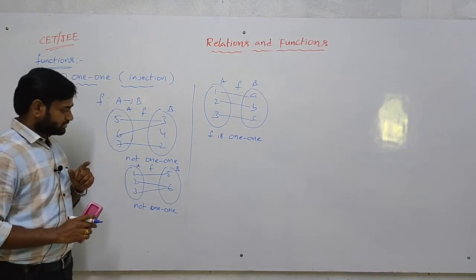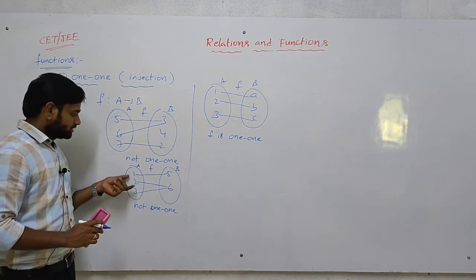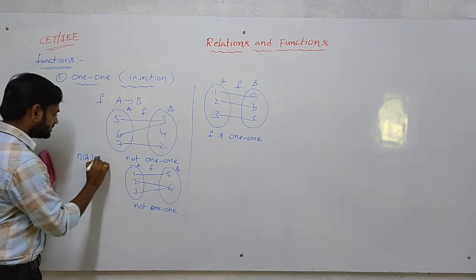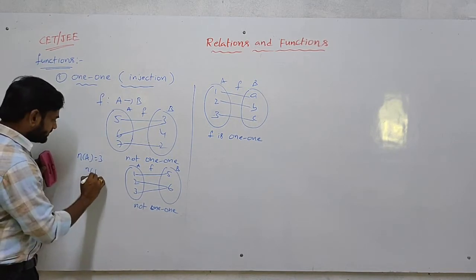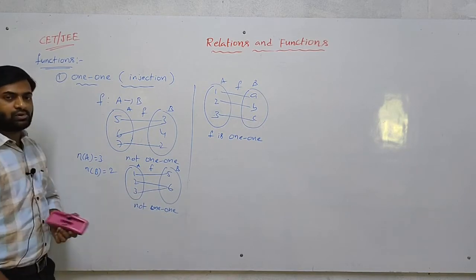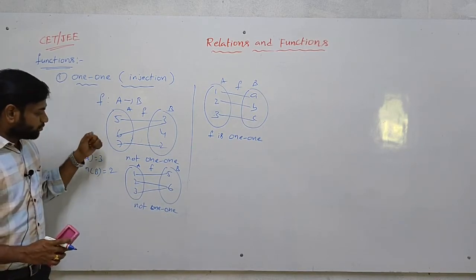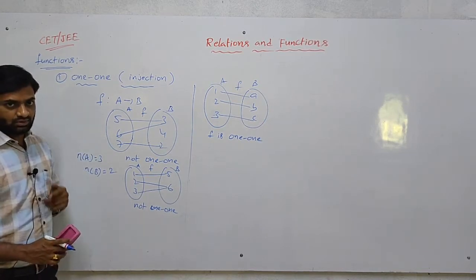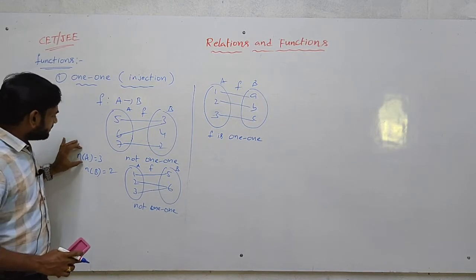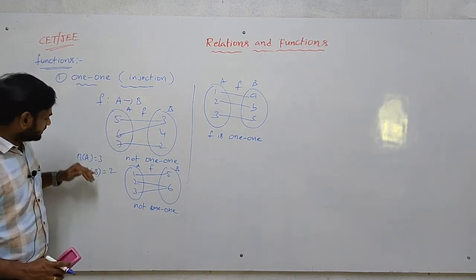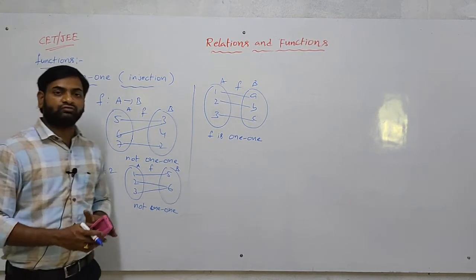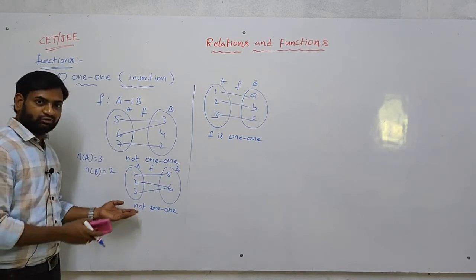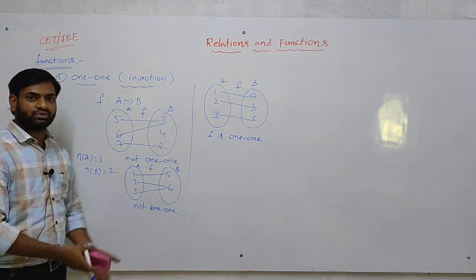See here. Here we have to observe one thing. Here, n of A, the number of elements in A, is how many? 3. n of B is how many? 2. So which is more? The n of A elements are more. Remember this one. When n of A elements are more, then the number of 1-1 functions is 0. Now it is not 1-1. When it is not 1-1, the number of 1-1 functions is 0.